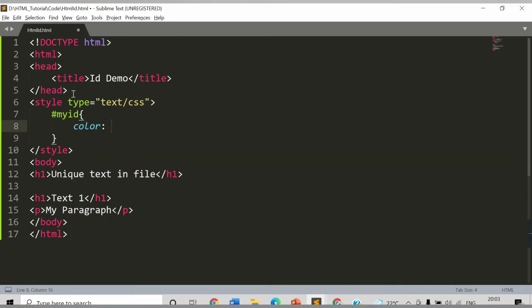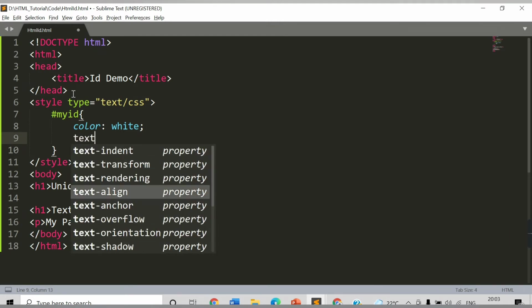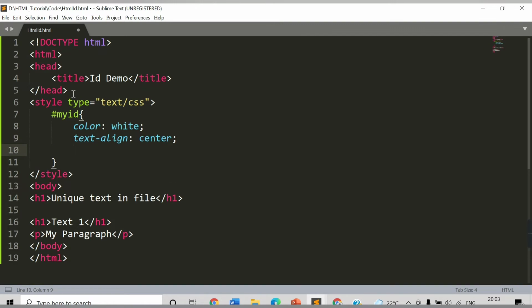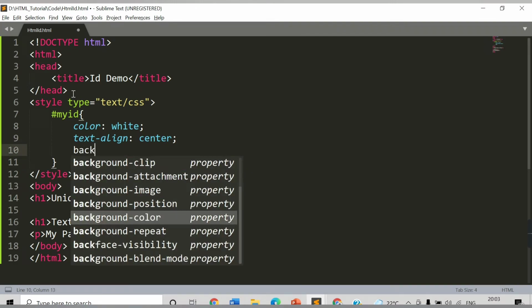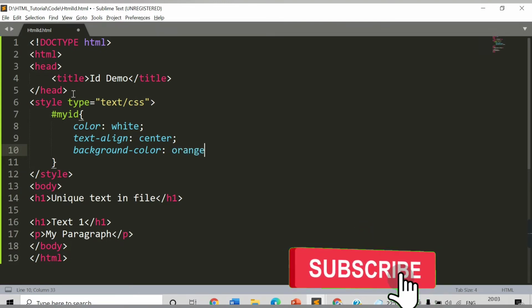Let's say color, we will provide white. If you have more than one attribute, then you need to separate them by using a semicolon. Color white. Let's say text-align to center, and provide the background color. Background color, let's say orange.